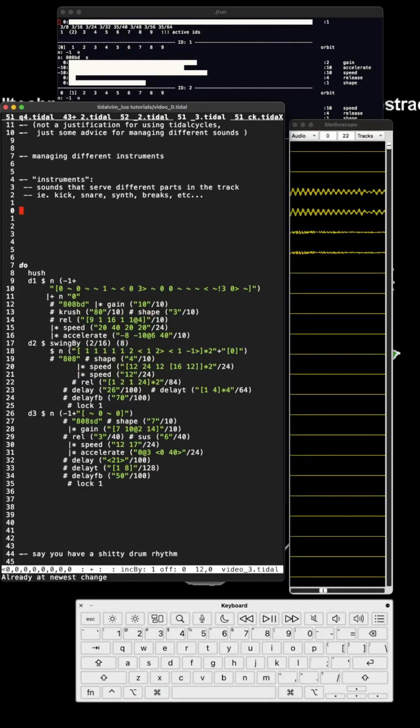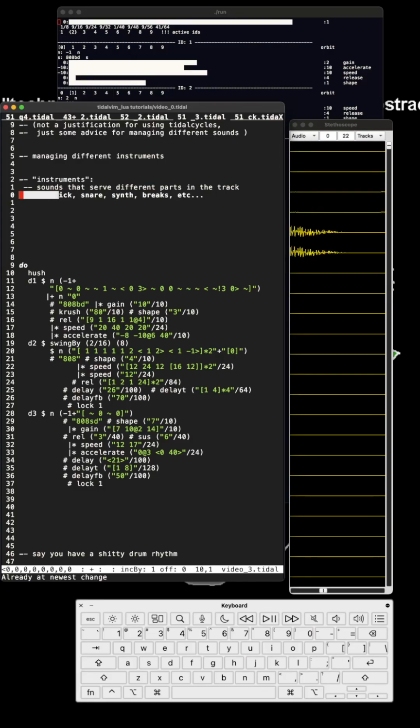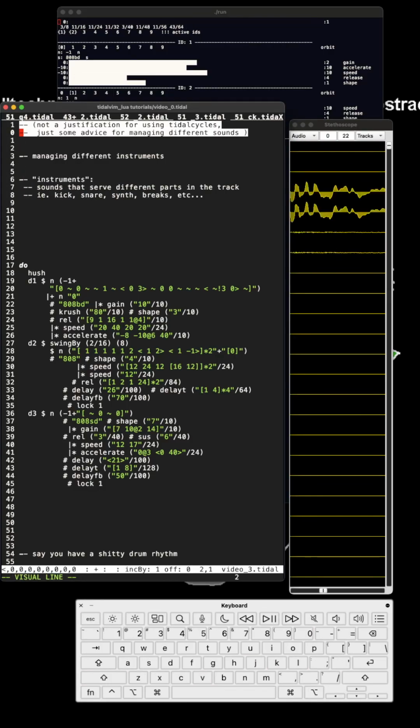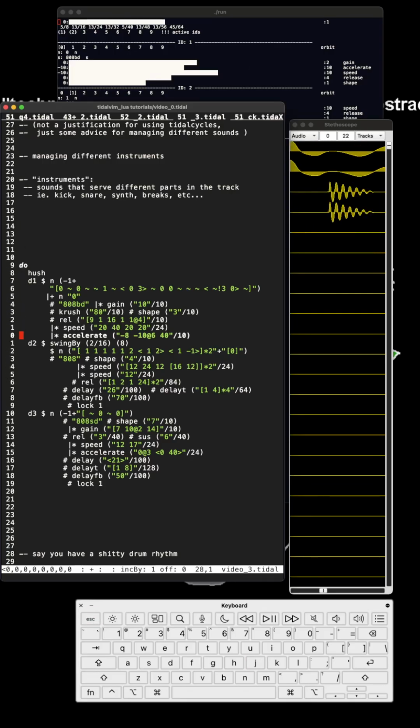I'm going to make a quick video about managing different instruments or sounds in Tidal Cycles. By instruments, I just mean things that serve different parts in a track you're working on, like kick, snare, synth, breaks, etc. It's not a justification for using Tidal Cycles, just something that you will have to know how to